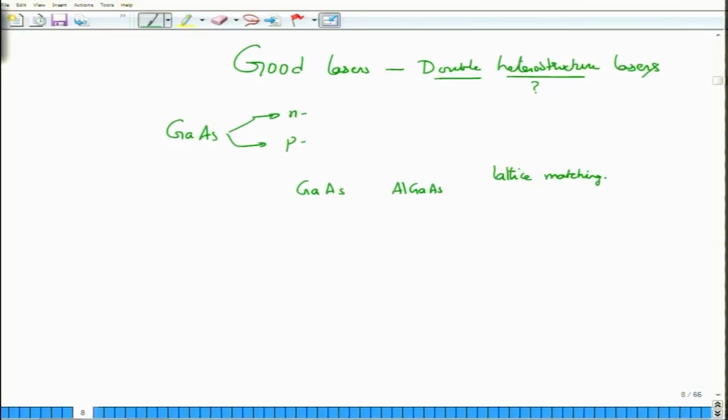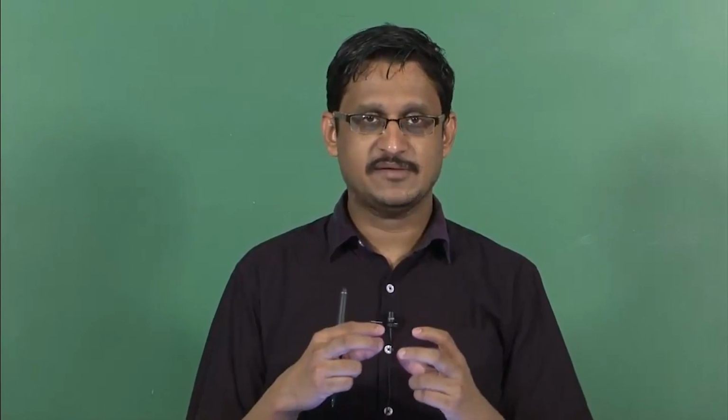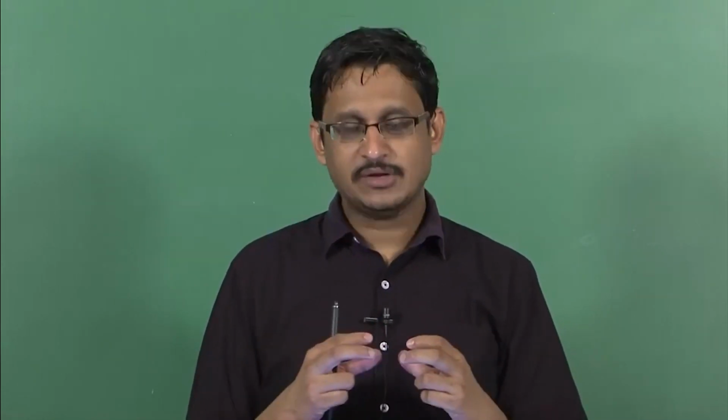You are going to create an alloy. Of course, the correct way to write this one would be Al(1-x) Ga(x) As, because x depends on the amount of gallium present in this alloy and the amount of aluminum that is present in this alloy. This is an example of an alloy because as you vary the concentration of x, the material actually has properties which are slightly different. At a particular value of x, the lattice constant, that is, these are crystals, right? So, these crystals have some sort of periodicity, and this periodicity pattern matches that of the gallium arsenide